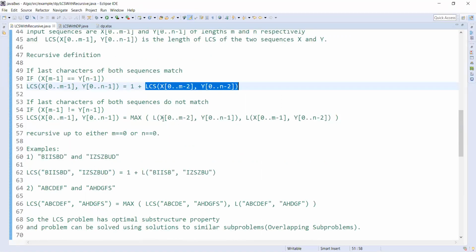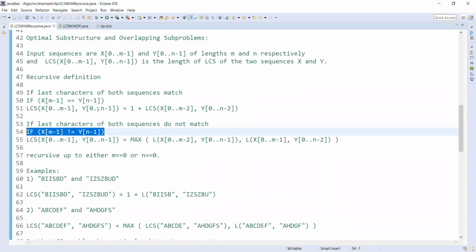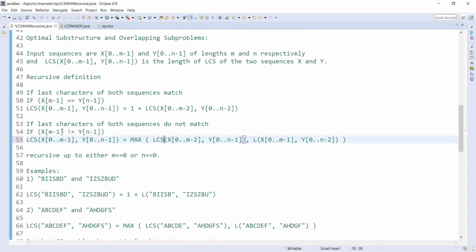If they don't match, we take the LCS of the whole subsequence from the first string, and in the other sequence we ignore the last character and calculate the LCS of that one.